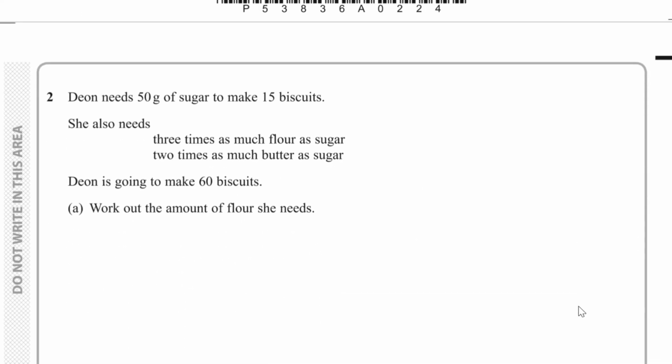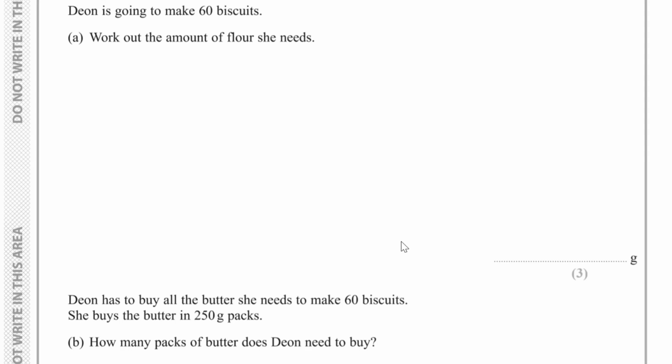Now for question 2, Dion needs 50 grams of sugar to make 15 biscuits. She also needs 3 times as much flour as sugar, and 2 times as much butter as sugar. Dion is going to make 60 biscuits. We have to work out the amount of flour she needs. So for this question,